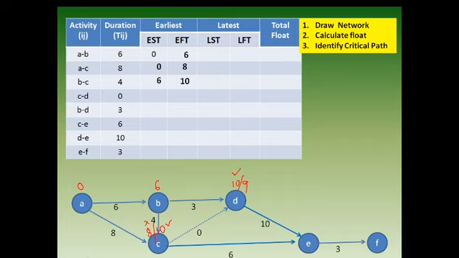Now look at C. C to D. What is the earliest start time of C? It is 10. Earliest finish time of D? 10. B to D. B earliest start time 6. Earliest finish time, we won't write it as 10, we write it as 9. Actual calculation was 9. Okay, but what value we are adopting? We are adopting the value of 10. Now for D to E, which value you will take? You will take the value of 10.